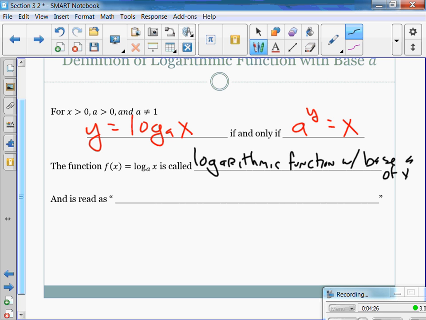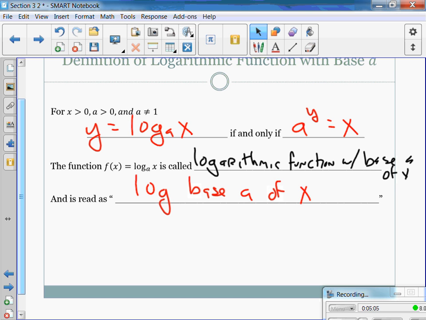Logarithmic function with base a of x, or better yet, just log base a of x. So we always want to state what is that base and what is the particular x we're looking at. You're not hearing me say that logarithmic function with base a of x, again, it's log base a of x. So using that information as far as going from our exponentials to our log form to our exponential,